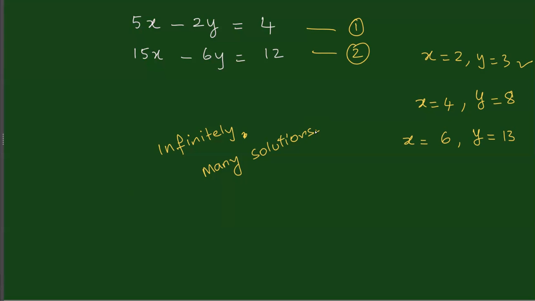Sir, wait a minute. I think we can find out how a question has infinitely many solutions. Like when you substitute and subtract, if the answer is 0 equals 0, then it's infinite solutions. Very good. So if you use the method of elimination and you get 0 equal to 0, then you will have infinitely many solutions. If you get 0 equal to some number, which is not possible, then you don't have a solution. When you don't get these two cases, then you are actually getting the values of x and y. Yes. Okay, very good. That is a good point.